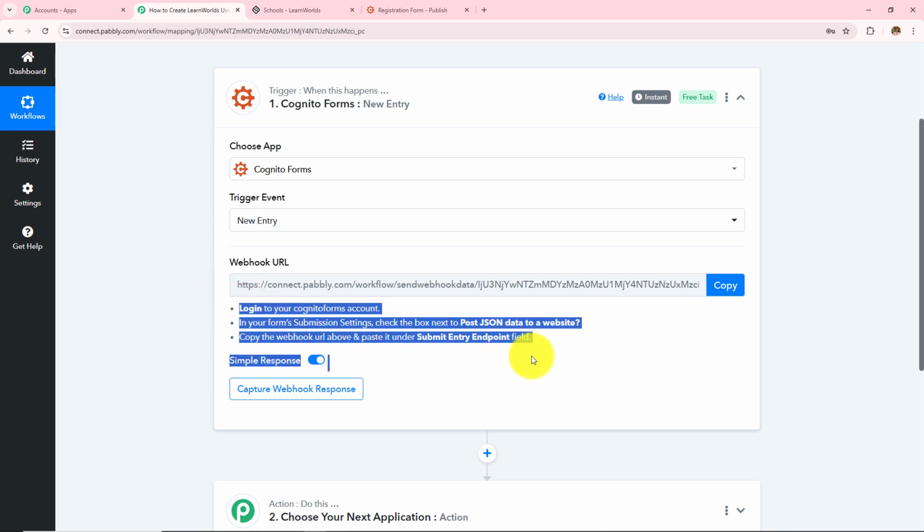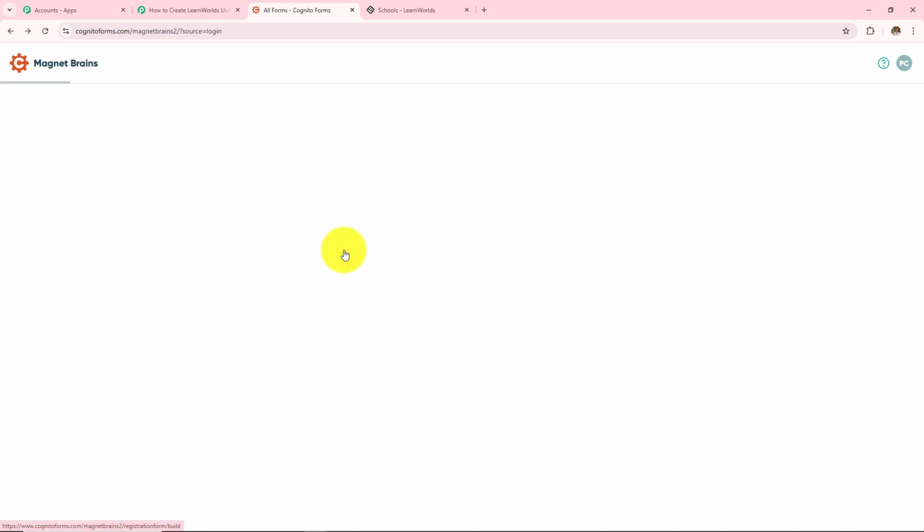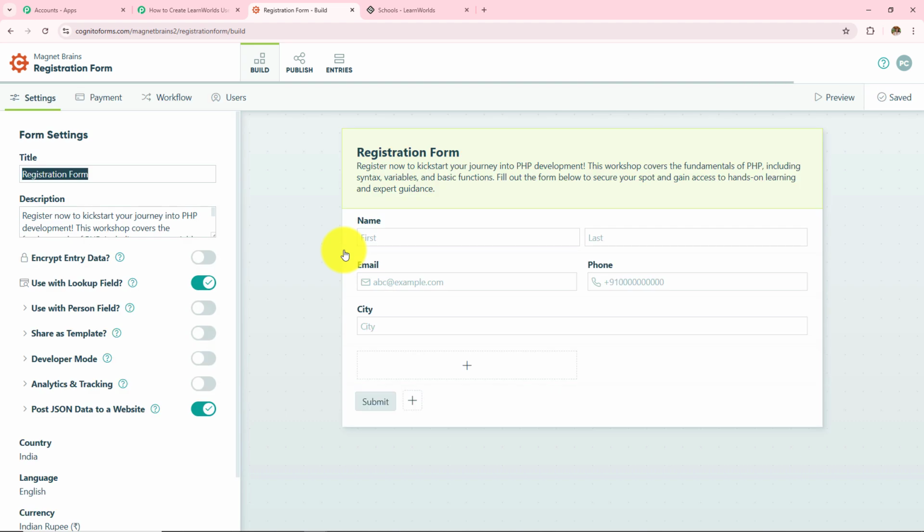So reading this help desk, I am going to make this connection, and to make this connection, let me open my Cognito Forms. So this is my Cognito Forms, and these are the forms that have been created. I want to select this registration form, so I am going to open this. And under this build, I can see on the left hand side I have this option of post JSON data